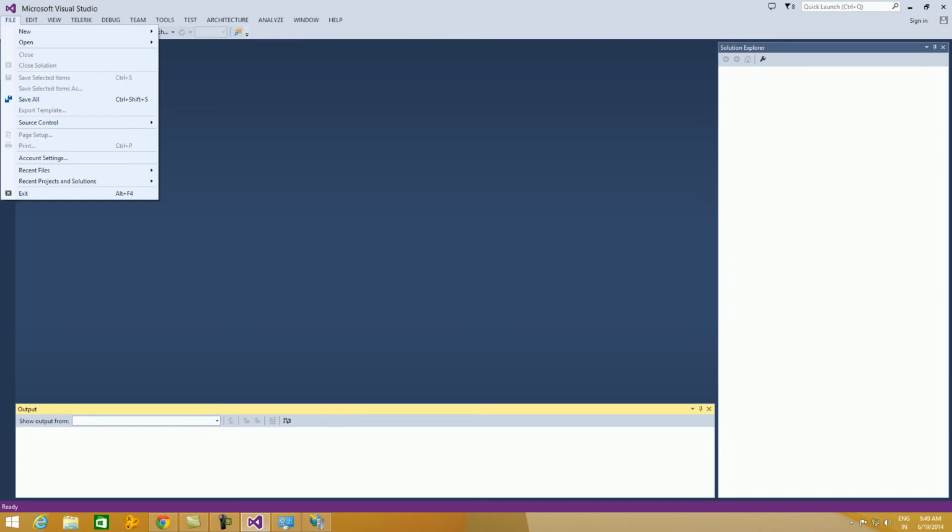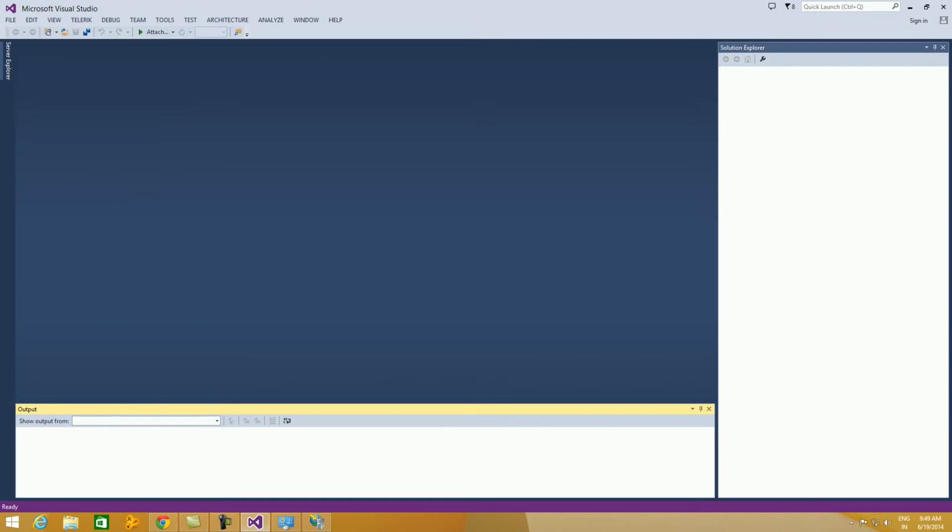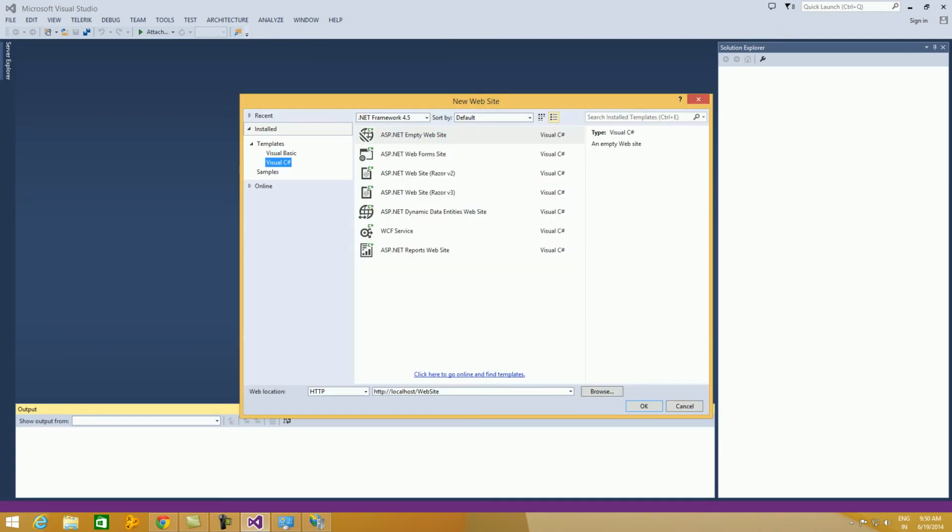Go to File, select New, select Website. First of all, select a language. Our language will be Visual C Sharp, and the framework is 4.5.